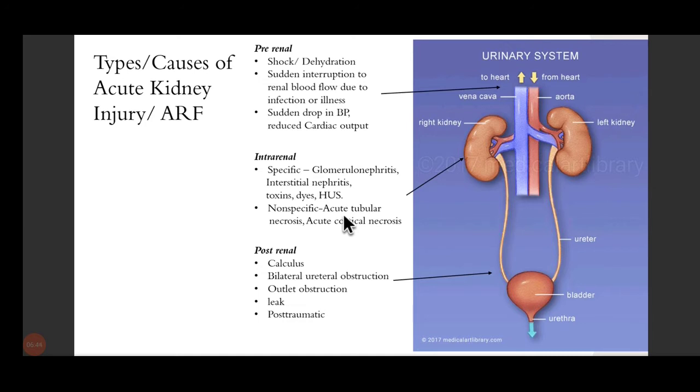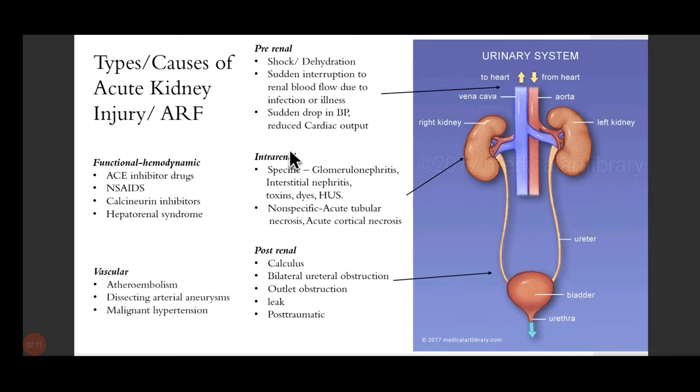We also have several miscellaneous causes. These include functional or hemodynamic. This is administration of ACE inhibitor drugs. If a patient is persistently taking ACE inhibitor drugs or non-steroidal anti-inflammatory drugs, calcineurin inhibitors like tacrolimus, or also seen in cases of hepatorenal syndrome. Then you have vascular causes, which include atheroembolism, dissecting arterial aneurysms, and